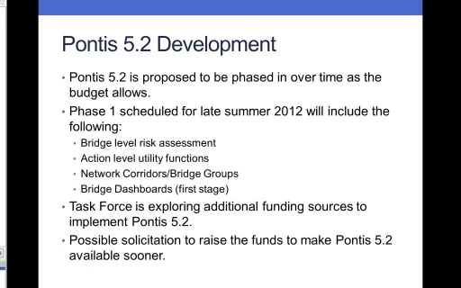And so the task force has been exploring additional funding sources to implement Pontis 5.2. Those include federal highway sources, and the task force is looking at the possible solicitation through the AASHTO solicitation process to allow Pontis 5.2 to become available sooner. So that's just a quick little update on what's happened, I guess, since the user training on Pontis 5.2. So with that, if we can go to the next slide,